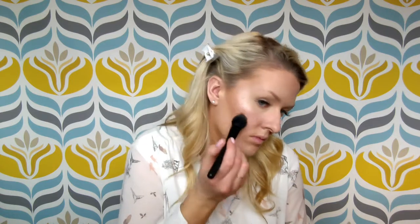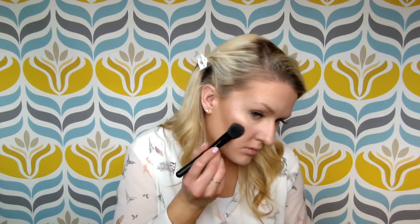good. Okay, and then I'm going to use the Powder Palette Mineral Glow Pearls Blush by Physicians Formula in Natural Pearl. And I'm just taking that same blush brush that I used to contour my bronzer onto my cheeks, and I'm just lightly, very lightly, because this is a very colorful blush. And I'm taking my Eco Tools eyebrow brush and just kind of smoothing them out because they're getting a little